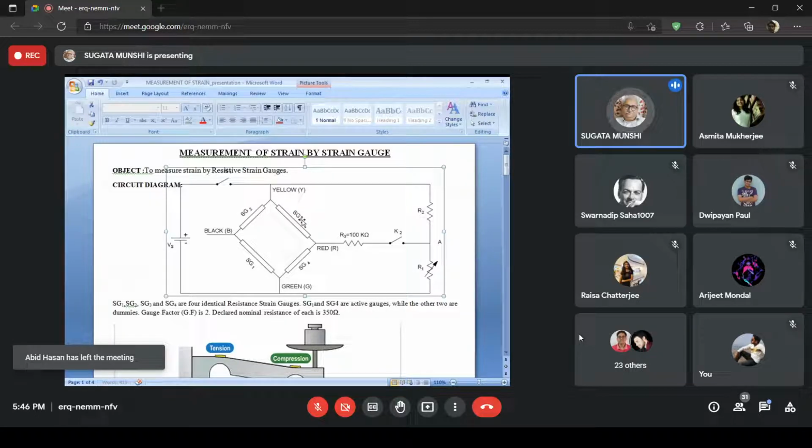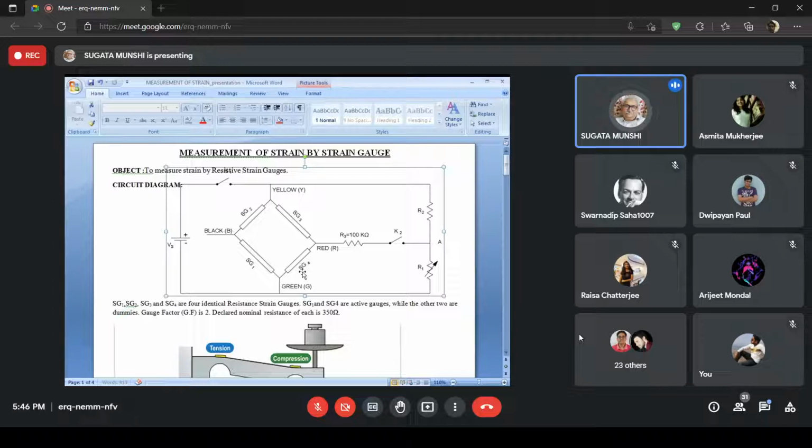So what do you gain? The lead resistances do not creep into the bridge arms. They are there in the supply arms and in the output branch, but they don't creep into the other bridge arms. That is one part of the story. As a consequence, you can have perfect temperature compensation.